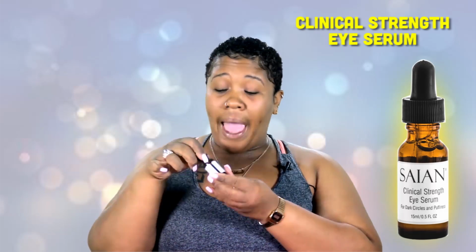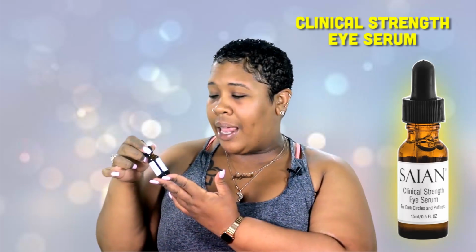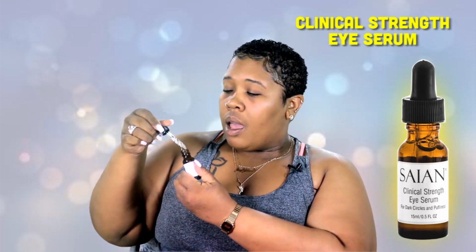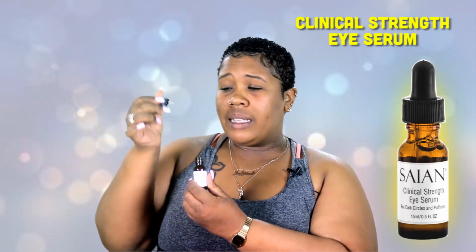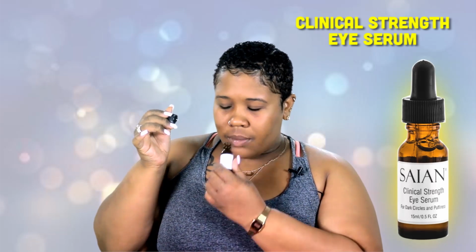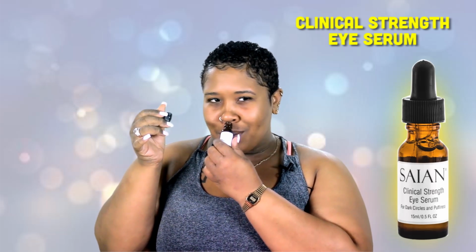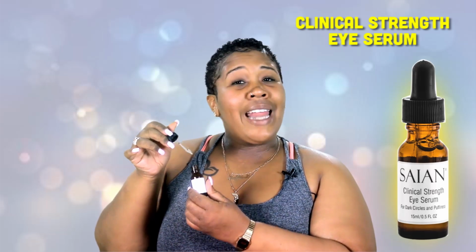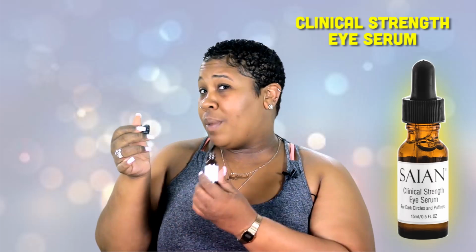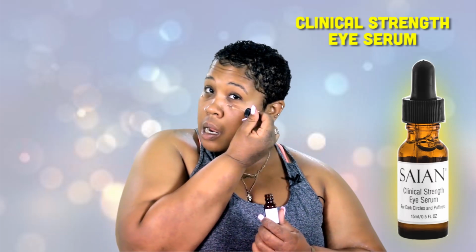In regards to the packaging, very clean, almost like a brown medicine bottle, and it does claim that it's clinical strength, so it kind of makes sense to me. The product is clear and comes with a little serum dropper. It smells very natural, fragrance-free, no smell really. So I'm going to put a little under my eyes here